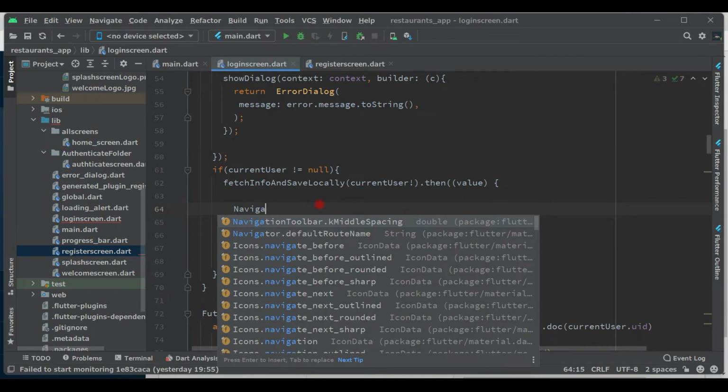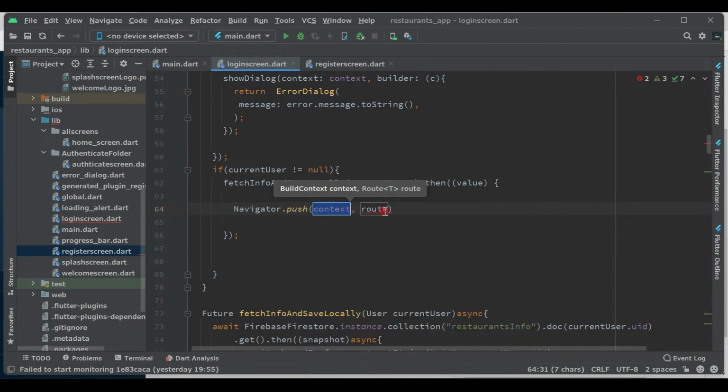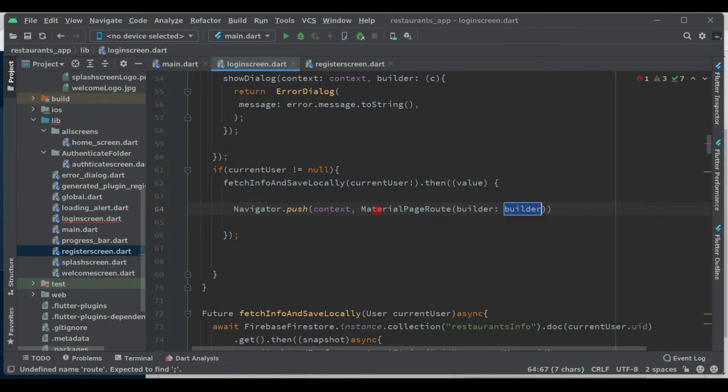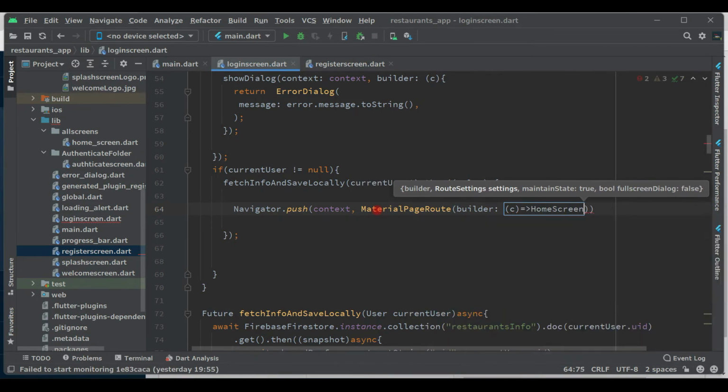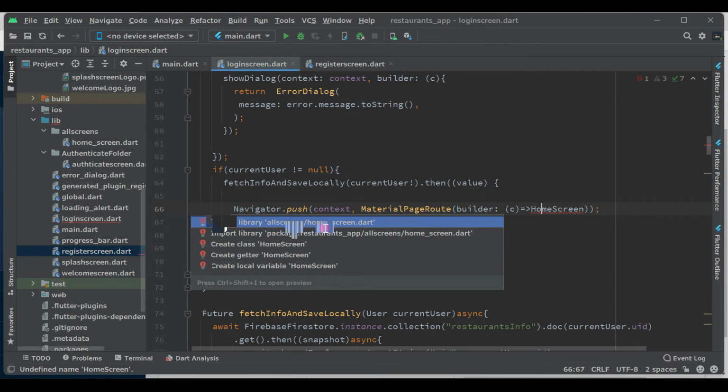So Navigator dot push context and MaterialPageRoute, and it will be home screen, put semicolon and click on it, import it,